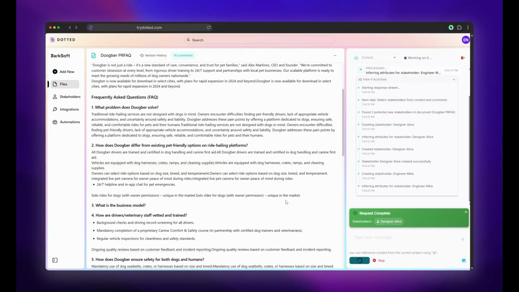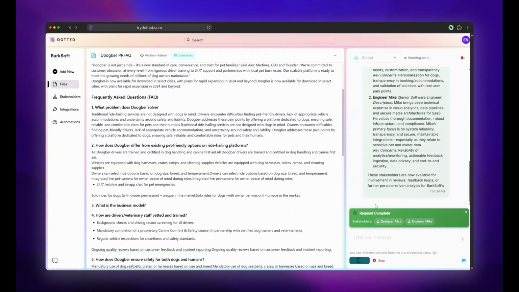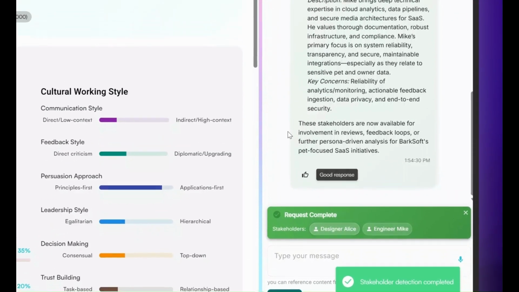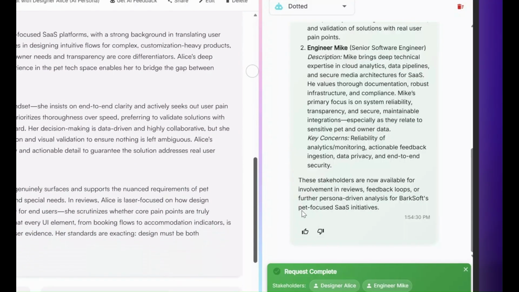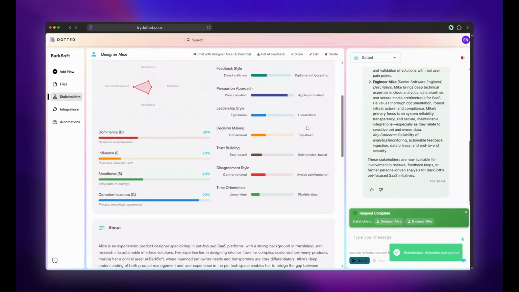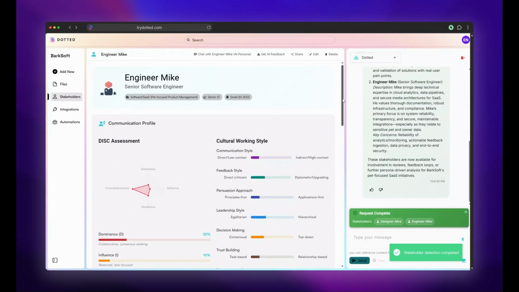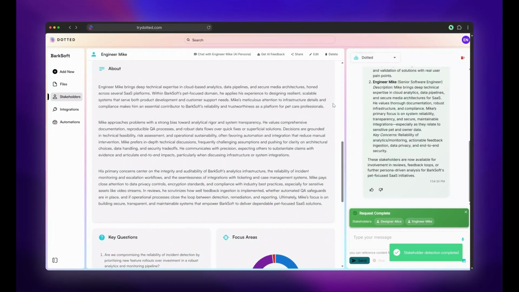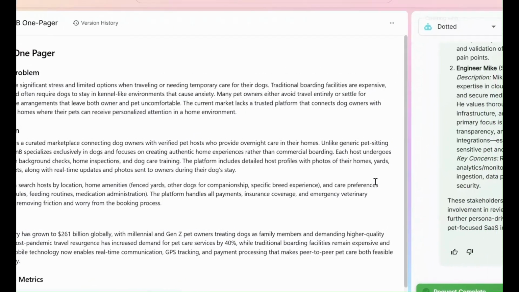Now, virtual stakeholders are basically like digital twins of the people who either work with me in real life or are people who I would like to work with. So in this case, Dotted is creating those stakeholders from pretty sparse information, just from the comments in this document. But you can also create a stakeholder from a rich description that you put in or from pulling all of the shared chats that you have between you and that person from whatever your office's chat system is. So if it's Teams or Slack, we support that. Very soon, we're going to have support for GChat as well. So you can see we've created this pretty great stakeholder for designer Alice.